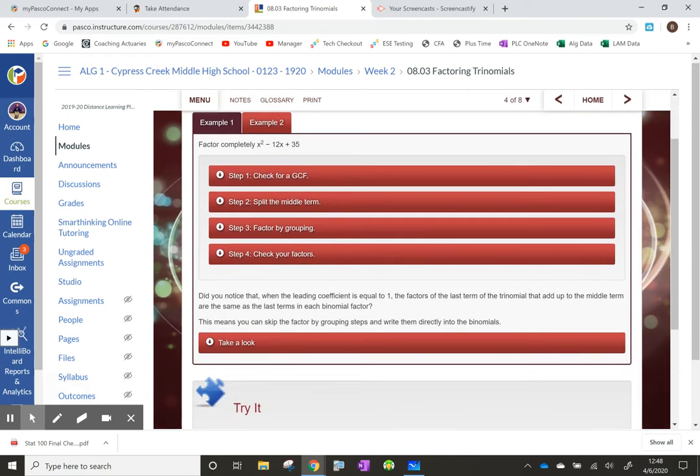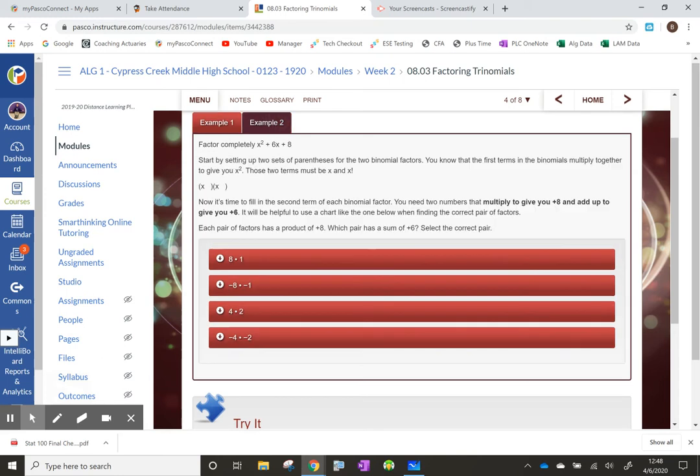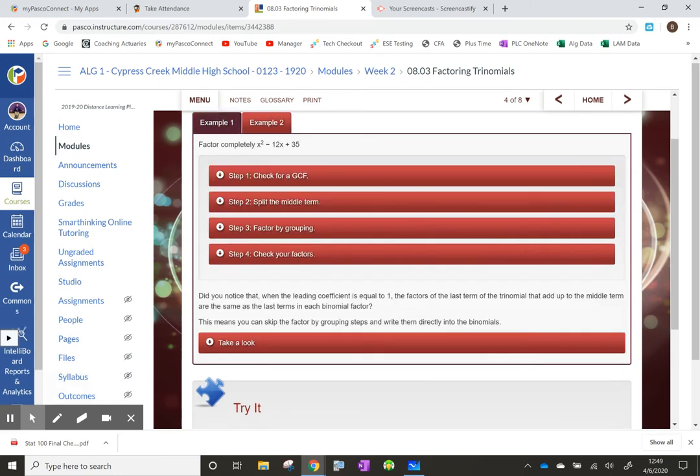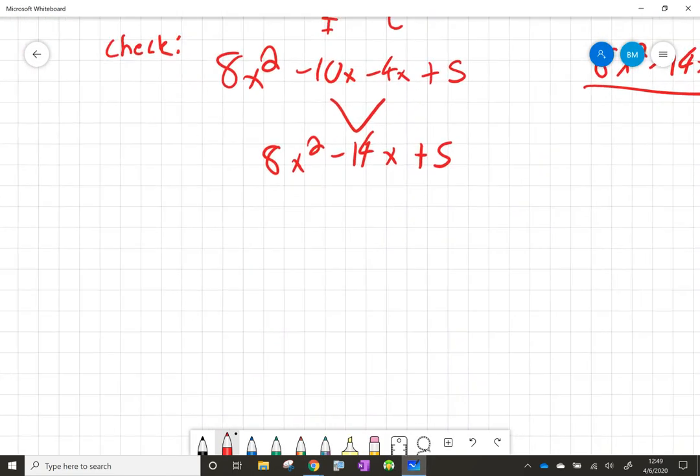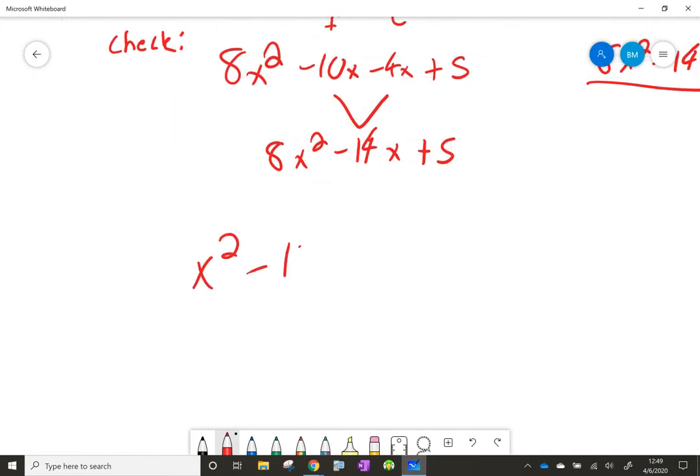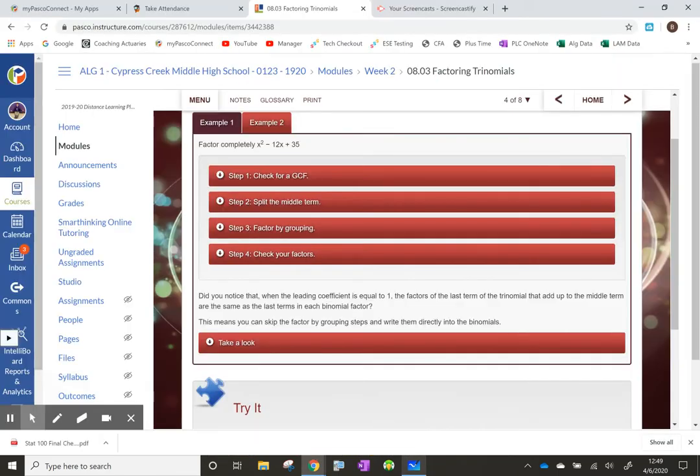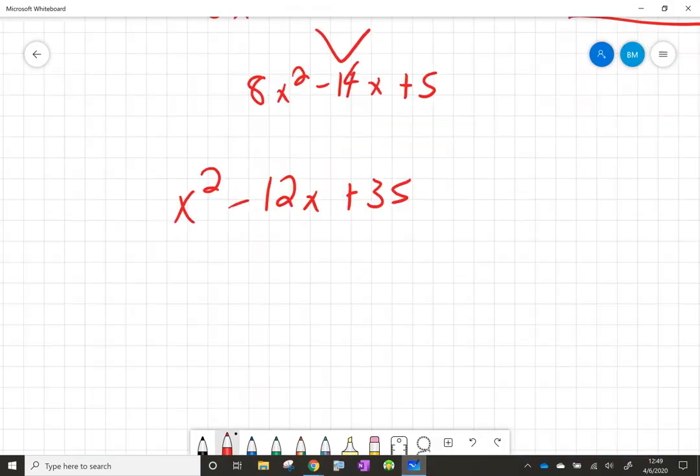Okay, so factor completely. They got example 1, example 2. Okay, so let's look at example 1. They have x squared minus 12x plus 35. So x squared minus 12x plus 35. So we'll check and make sure I did that right. Okay. All right, remember